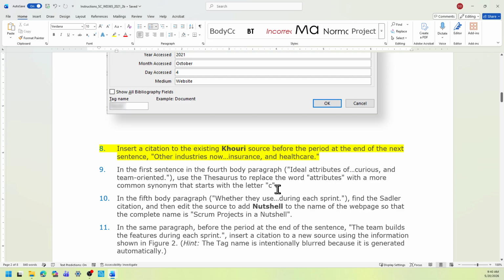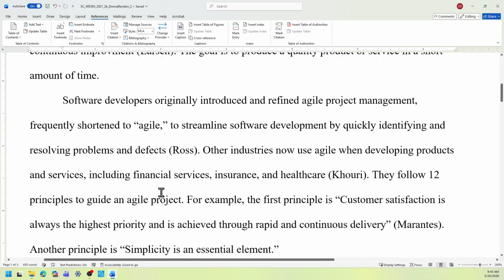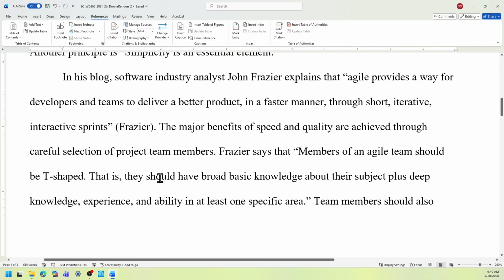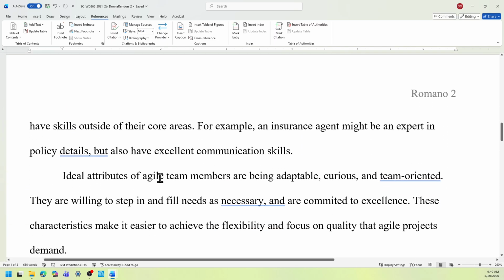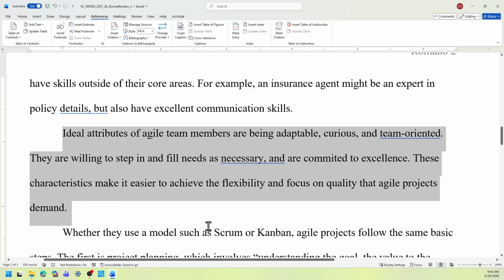Okay, so it's the fourth body paragraph. Look for the ideal attributes sentence. So this is 1, 2, 3. So it's going to be on the second page. This is the ideal attributes, fourth paragraph.